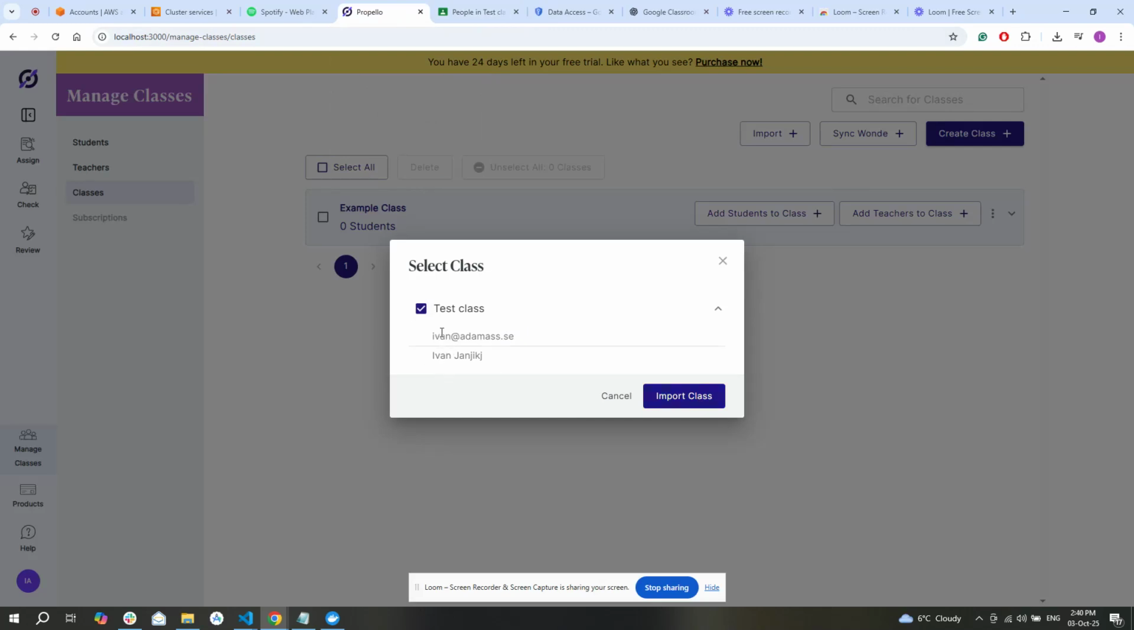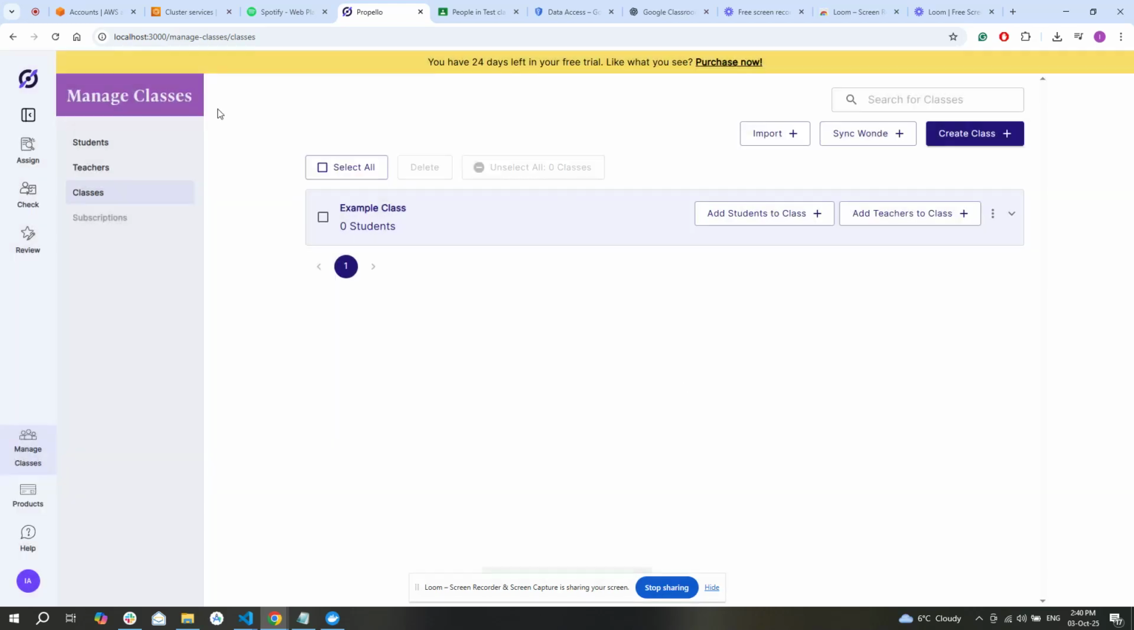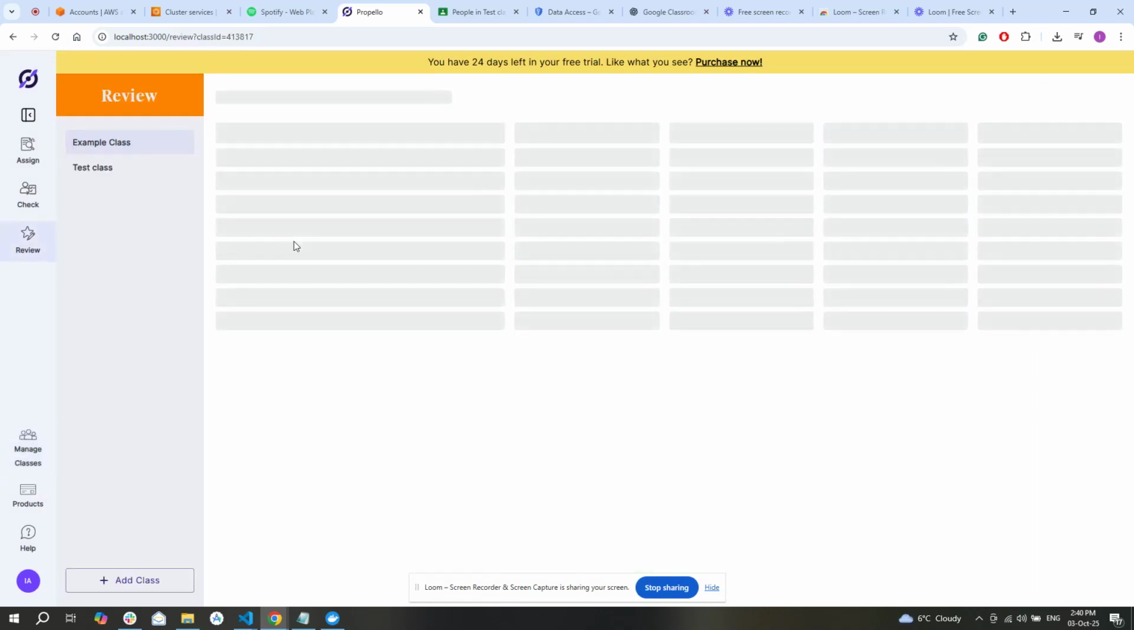It shows the email or the name of this is the student, this is the teacher. So I get that if there is no name set up to this email, then it's just showing email. Otherwise, it's showing the name of the student, class, and that's it. It is redirecting me to